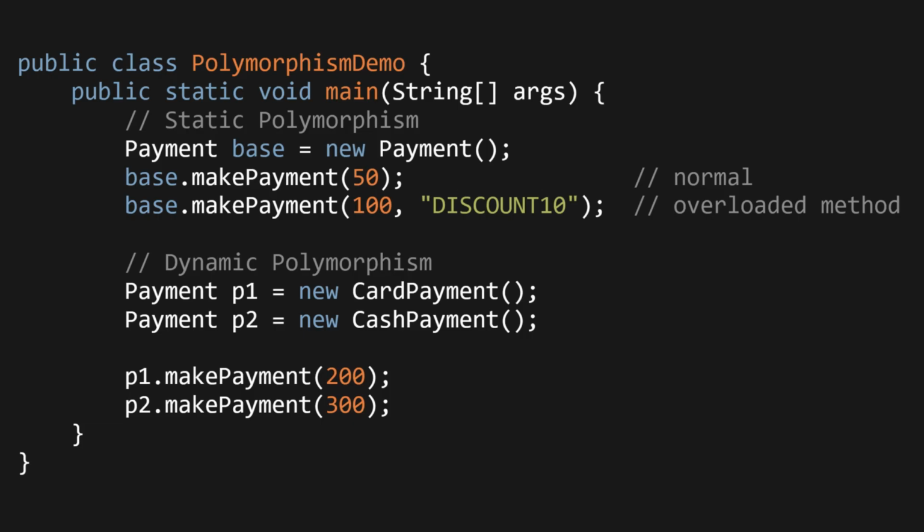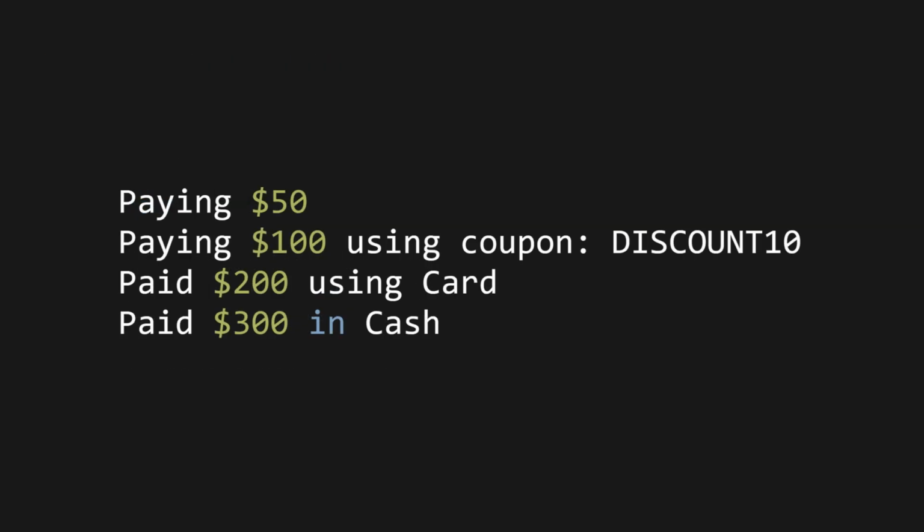Discount 10. Dynamic polymorphism. Payment p1 = new CardPayment(); Payment p2 = new CashPayment(); p1.makePayment(200); p2.makePayment(300). And the output will be: paying $50, paying $100 using coupon discount 10, paid $200 using card, paid $300 in